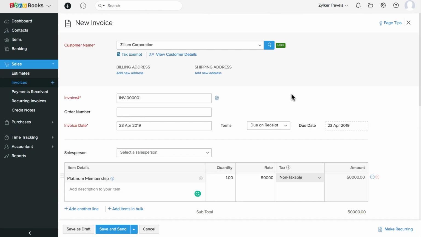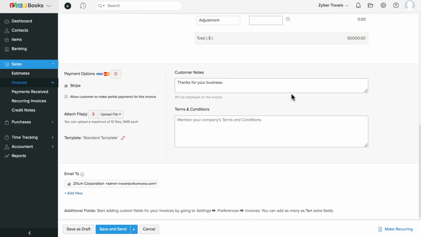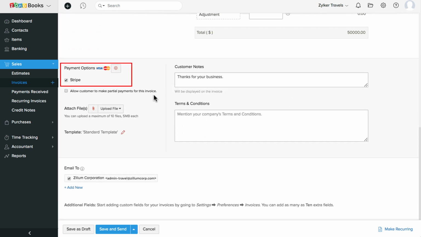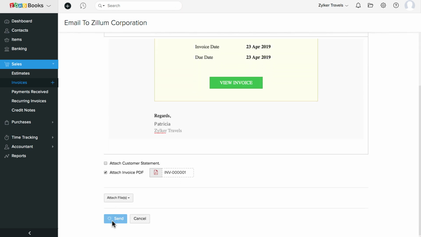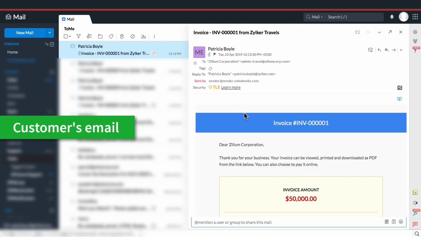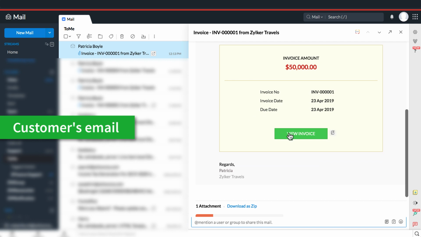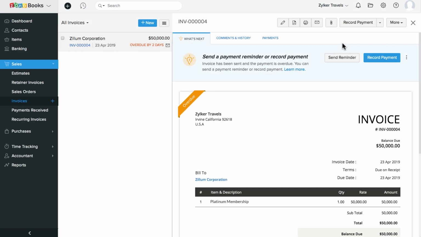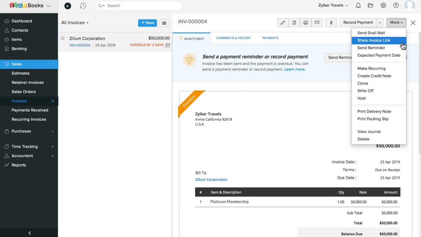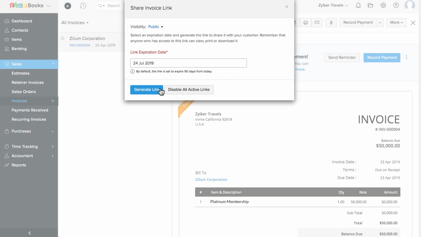During invoice creation, you will see the payment gateways that you have integrated over here. To select the payment gateway, check the box against it and click Save and Send. The invoice will be emailed to the customer along with the payment link. Also, instead of sending an email, you can also share the invoice link with your customers through a medium of your choice.